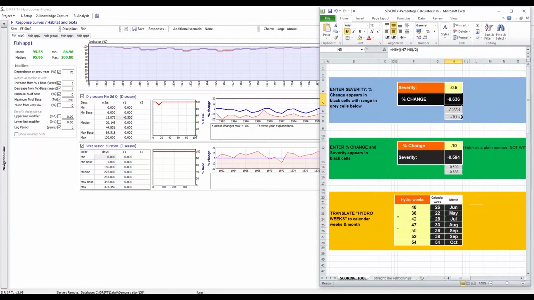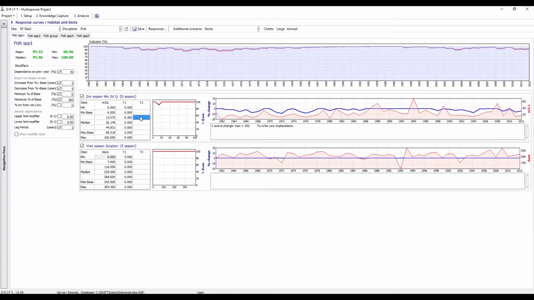Let's go to this page. So just to reiterate, if you're working on this page, it's going to work with the median values, provided you only have numbers entered in Y1. If, however, you want a wider range of values than the default values in the drift scoring system and in the DSS, then you can also enter a number in Y2. So let's just say here that we think that at a dry season minimum 5-day discharge of 13.077 cumecs lower than the median value,